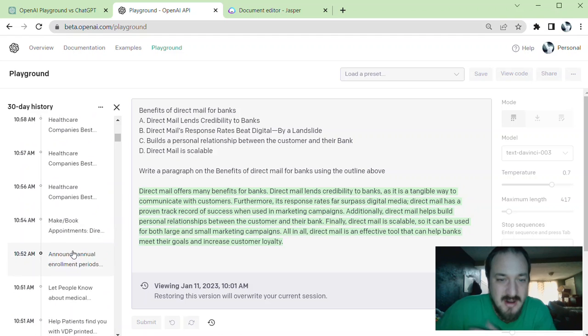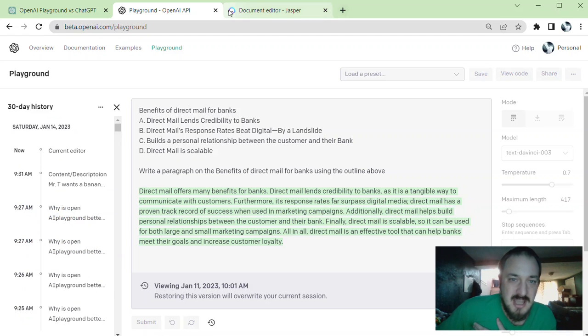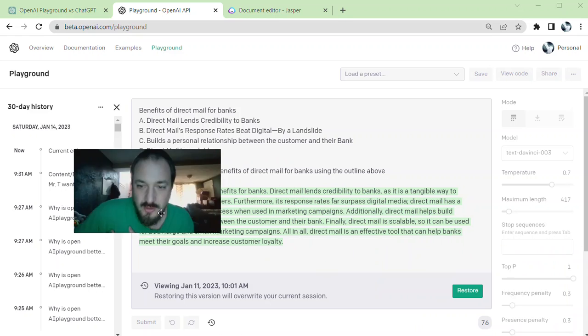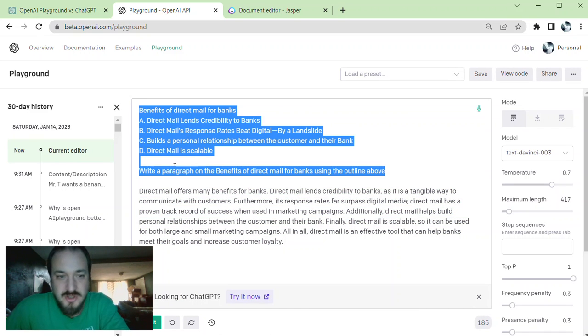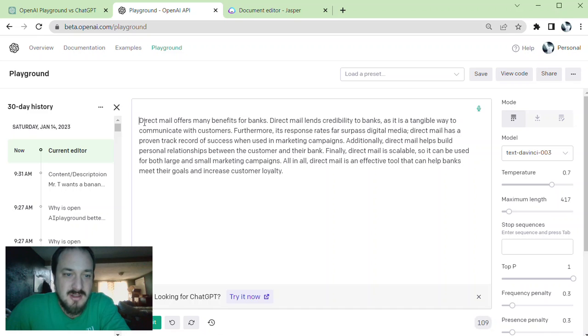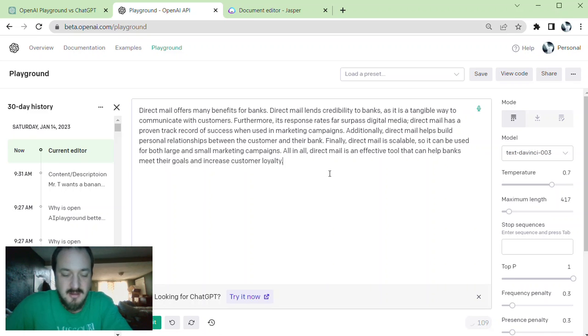So then I just take these paragraphs and I copy them, paste them into Jasper, and then have Jasper do the editing and rewriting. But again, you can give this guy a tone. You can tell him to write like however. You can say, you know, we can restore this here. We can say, oh, I like this paragraph, but I want you to write it in a more compelling way. So delete all this stuff. You can say, write this paragraph